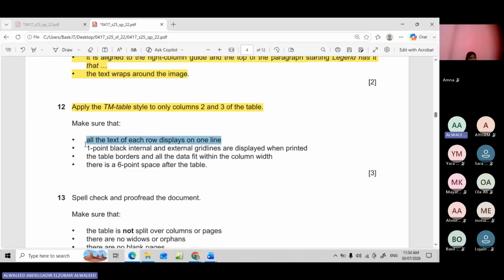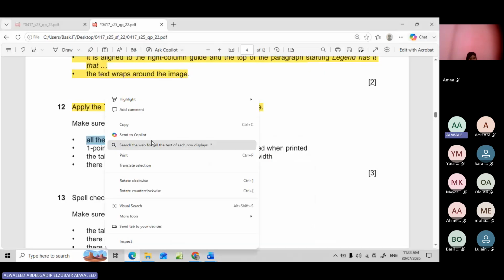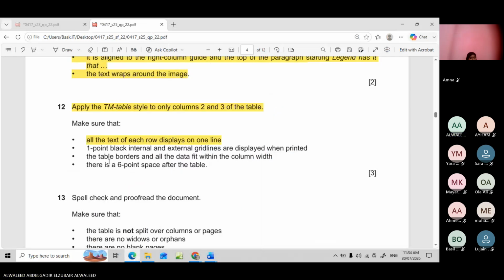Back, so all the text is properly displayed. Make sure that there is 1 point black internal and external grid lines, the borders. The grid lines must be, okay, 1 point. By default it is half point. Make sure that it is black and it is 1 point. To do this part,